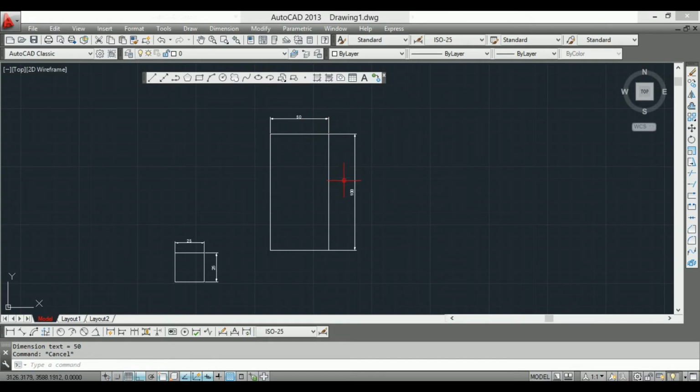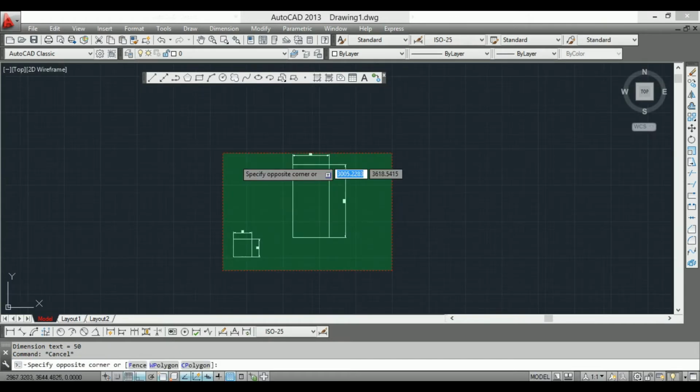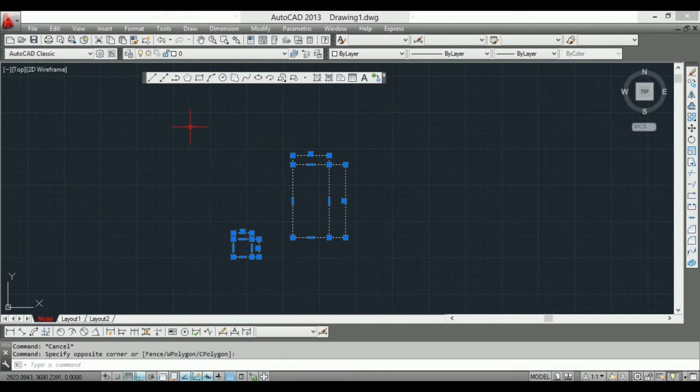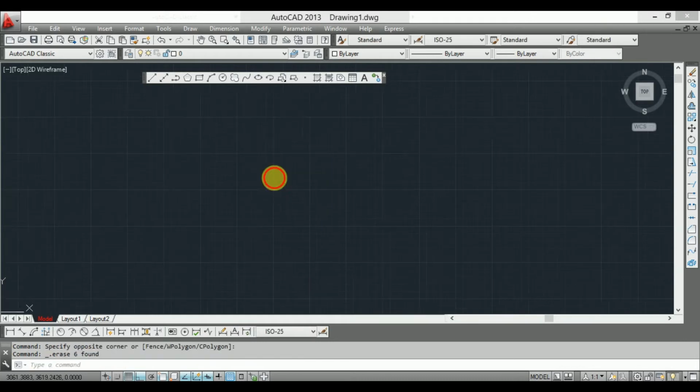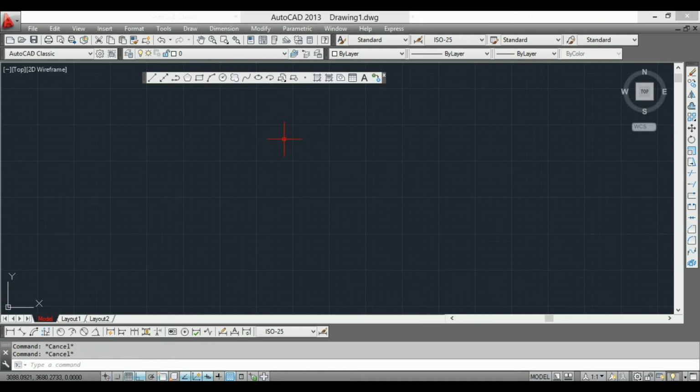Yes, guys, this is a 100 by 50 rectangle. So this is the rectangle command. And the next command is arc. Guys, the arc command you can find in two ways. You can click over here and make an arc